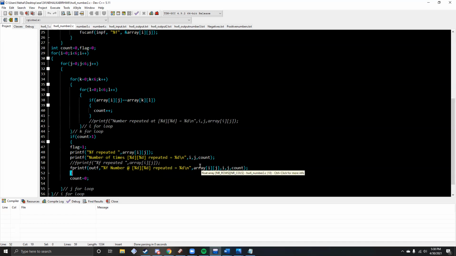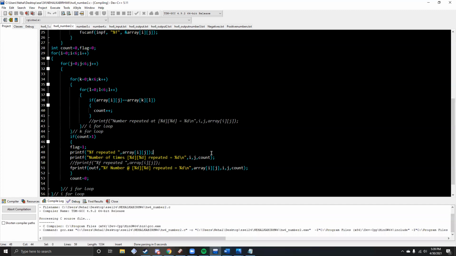This part is going to correspond to that. Array ij is going to show the number, this part right here, %d, is just these two indices, and the number of repetitions is just count. So if I execute that,